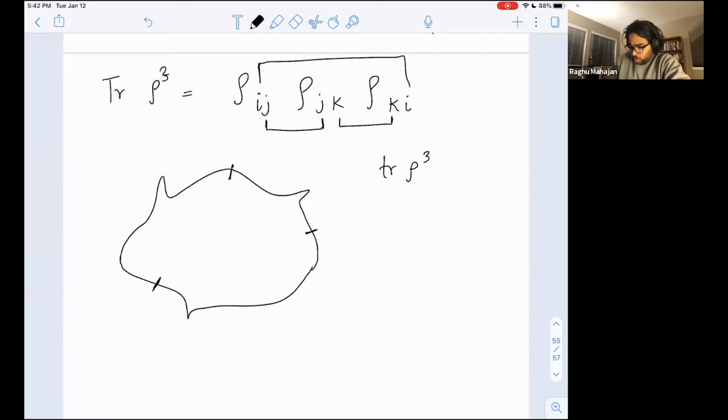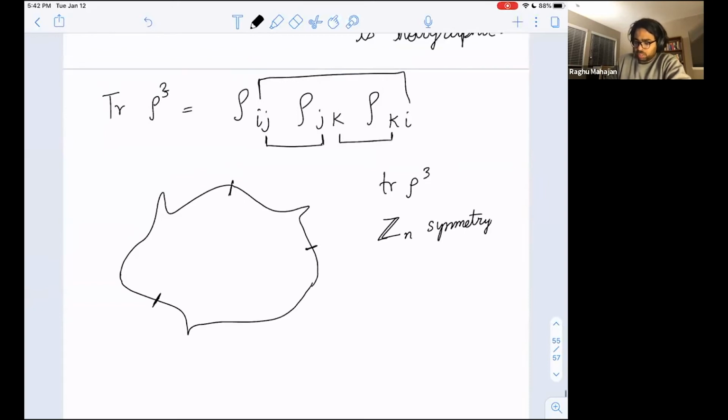Okay, the point is there's a Zn symmetry here on the boundary, right? There's just the symmetry that exchanges this row with this row, this row with this row, and then back. So cyclic permutations are a symmetry. And what we assume is that